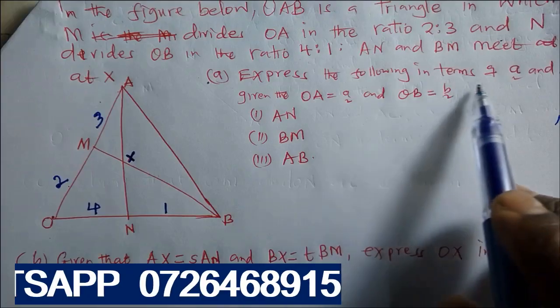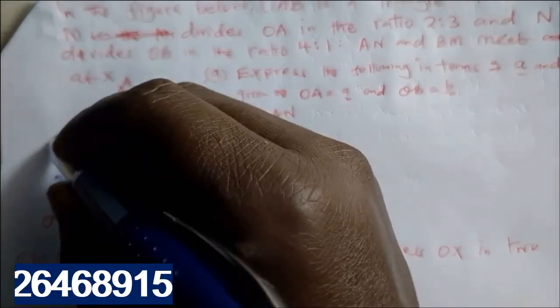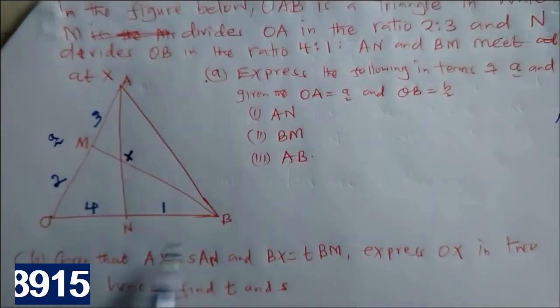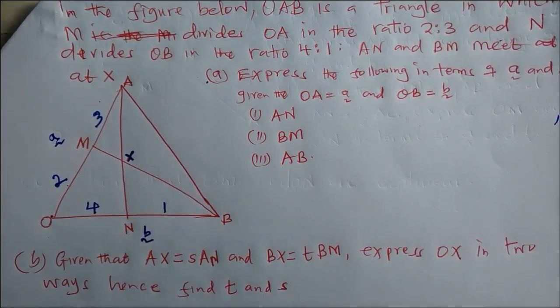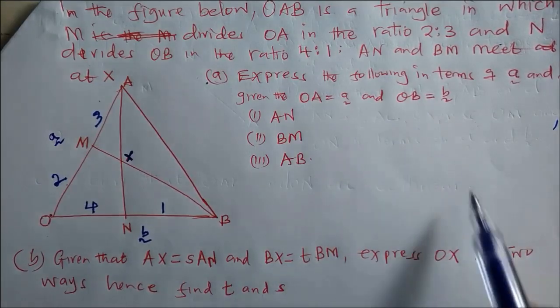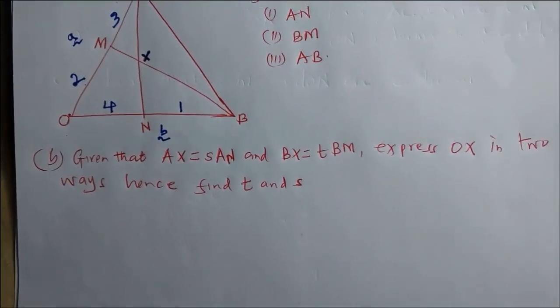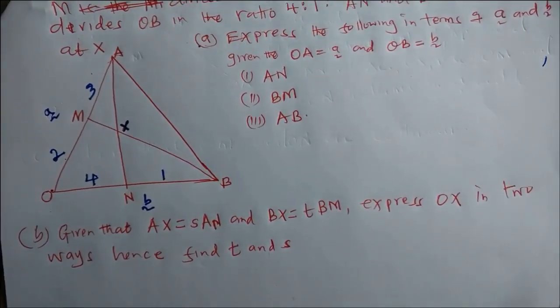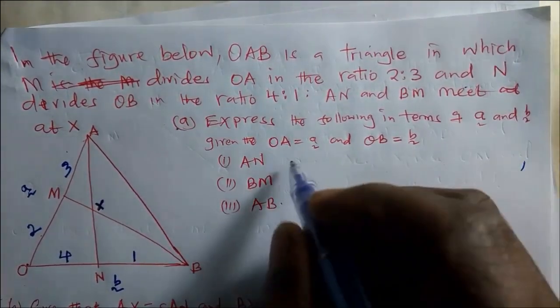Then express the following in terms of A and B. So we have been told that OA is vector A, OB is vector B. Express AN in terms of A and B. So let's start with part A. To express this, you can even express them here. AN